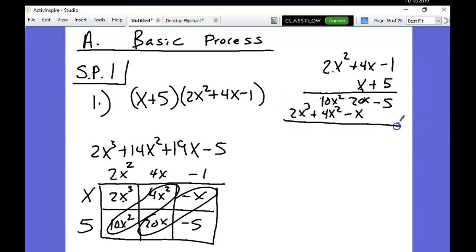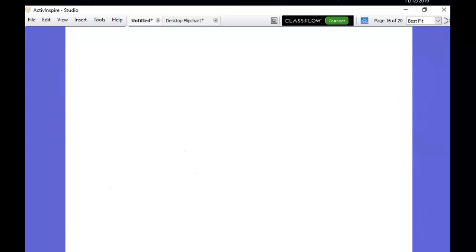So it works just like regular old school multiplication that way. They all work. Okay, so that's the basic idea there, but let's move on to some shortcuts because we're gonna expand on this idea